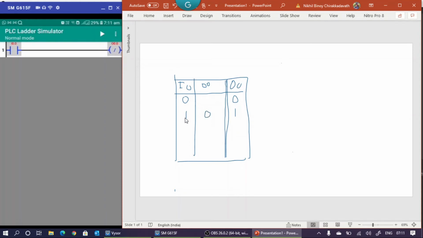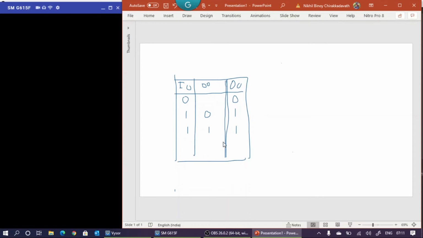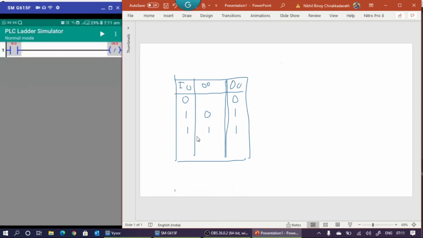So when input is 1, even if output is 0, this output goes to 1. Once it is 1, then what will be the input? Output is 1. So if it is 1, output is 1, and then if input goes to 0, then output is 1 if the previous output is 1. Is it okay? So automatically what is this one? This is 0.